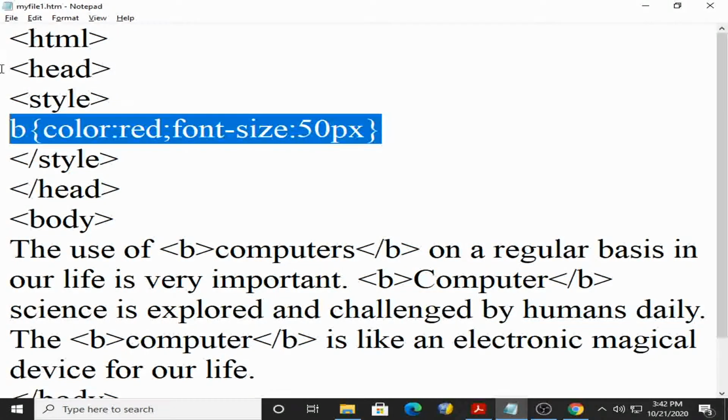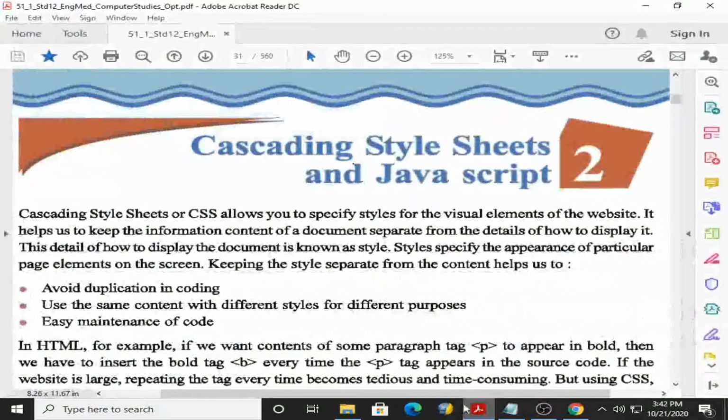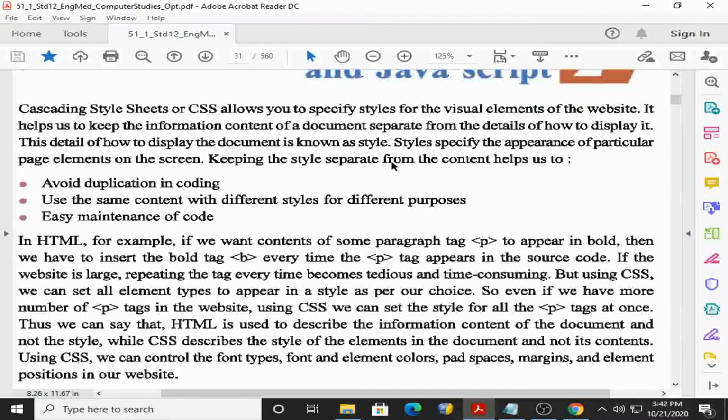Now we go to the textbook and read what the textbook says. Cascading style sheets or CSS allows you to specify styles for the visual elements of the website. It allows us to create the style.